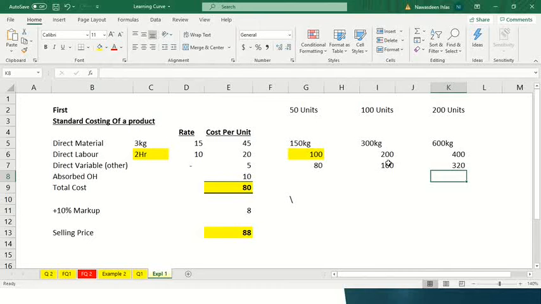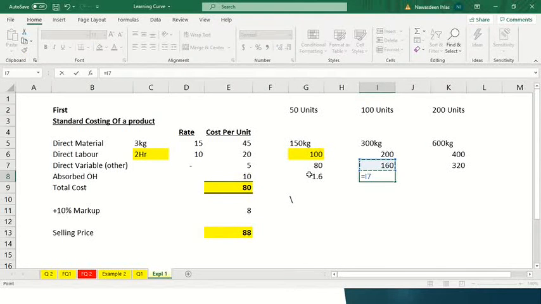So here in this example I am saying, if he is producing the first unit he needs 2 hours, but if he is producing 50 units he needs only 80 hours. I am saying here, to produce 100 units he needs 160 hours, to produce 200 units he needs only 320 hours. So which means you can see per unit